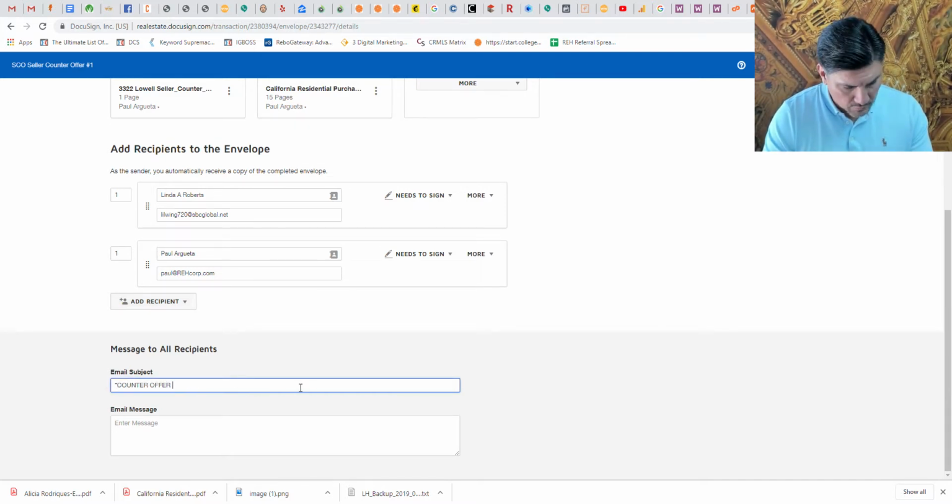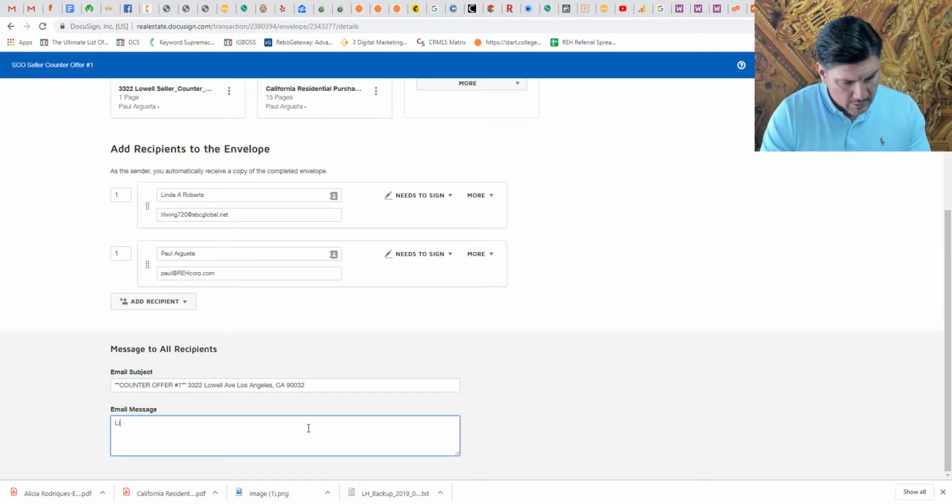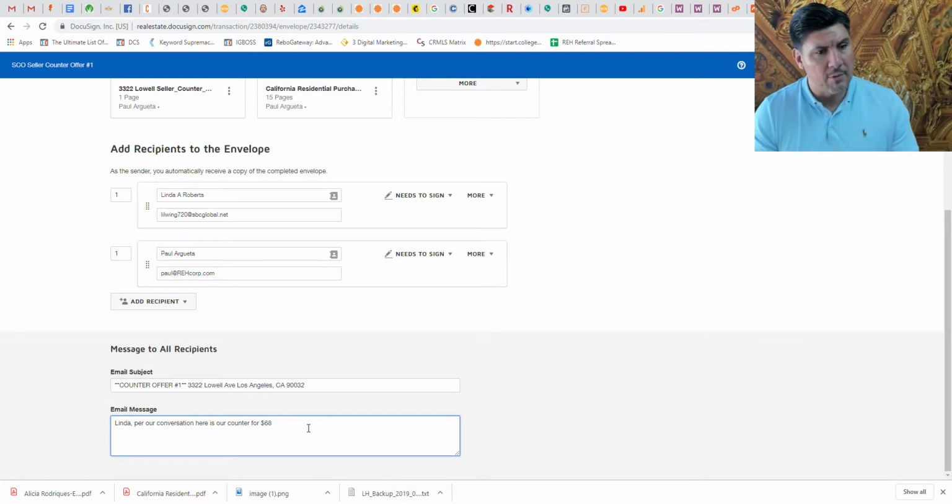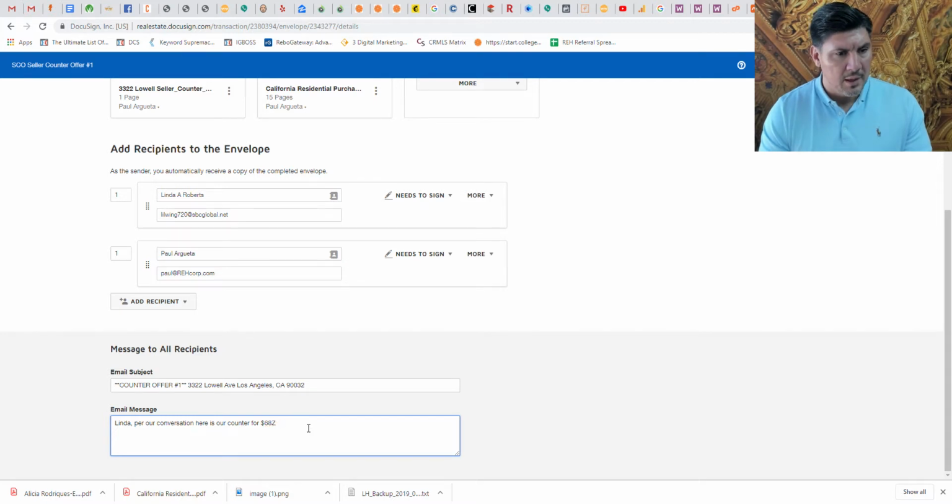And then I'm going to say counter offer number 1. This is typically how I usually do it. I put it in the colon so people know what I'm doing. 3322 Lowell Ave, Los Angeles, California 90032. Linda, per our conversation, here is our counter for 680. Now in the prior DocuSign that I was setting up, I referenced the item that she needed to pay. I'm gonna have to reference that again, just for your records,